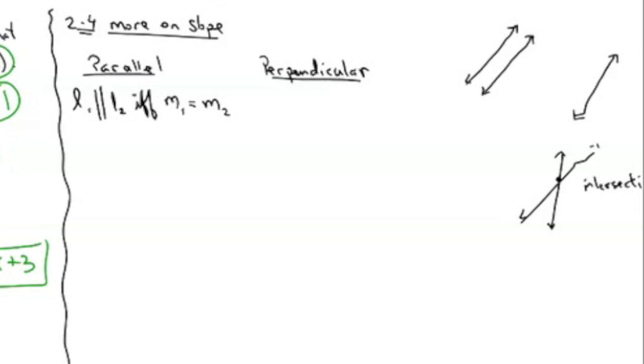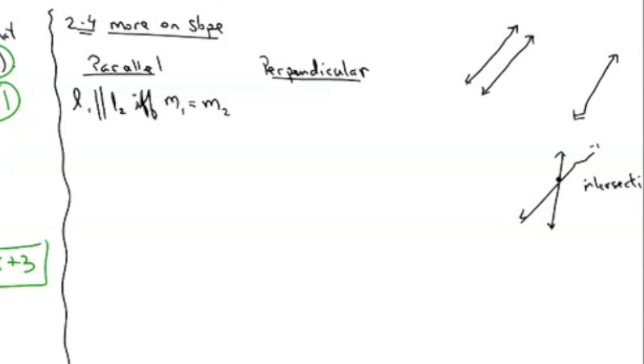Now, unless you took Math 140, you probably don't know what if and only if really means. IFF is not a misspelling of if. Basically what it means is you can say, if your two lines are parallel, then your slopes have to be exactly the same. But it also allows you to read it backwards. If your two slopes are the same, then your lines must be parallel. Not too many if-then statements can be totally reversed and still be true. And when they can be, you just put if and only if in between them.